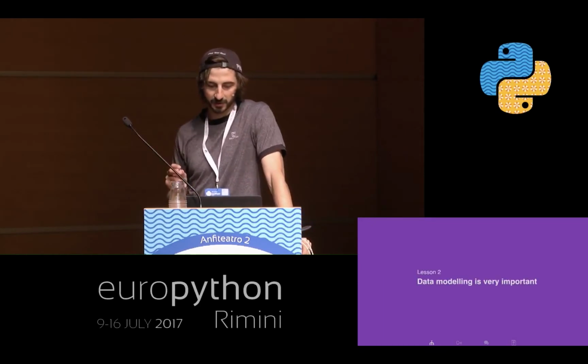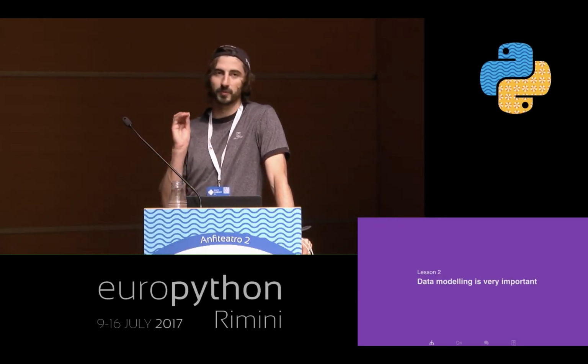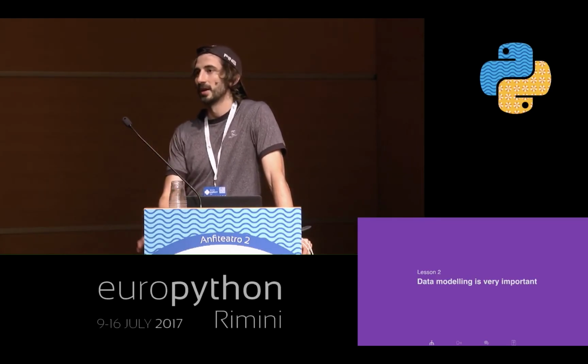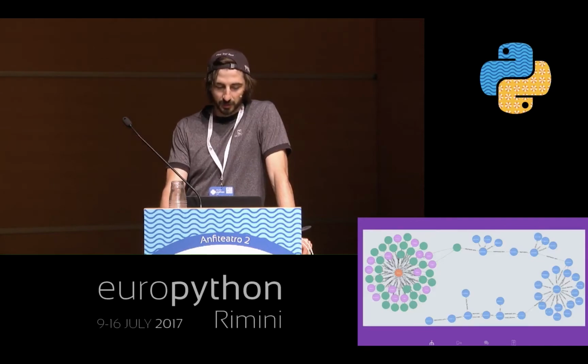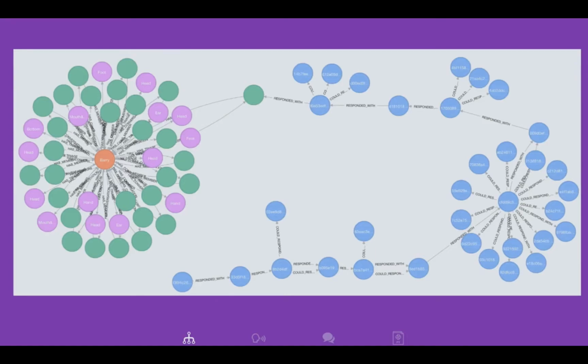The second lesson we learned is that data modeling is extremely important. This is very true in NoSQL databases, but especially true in graph databases. And we unfortunately learned this the hard way. We did our medical triage with a graph database, and because that worked so well, we also decided to use a graph database for our